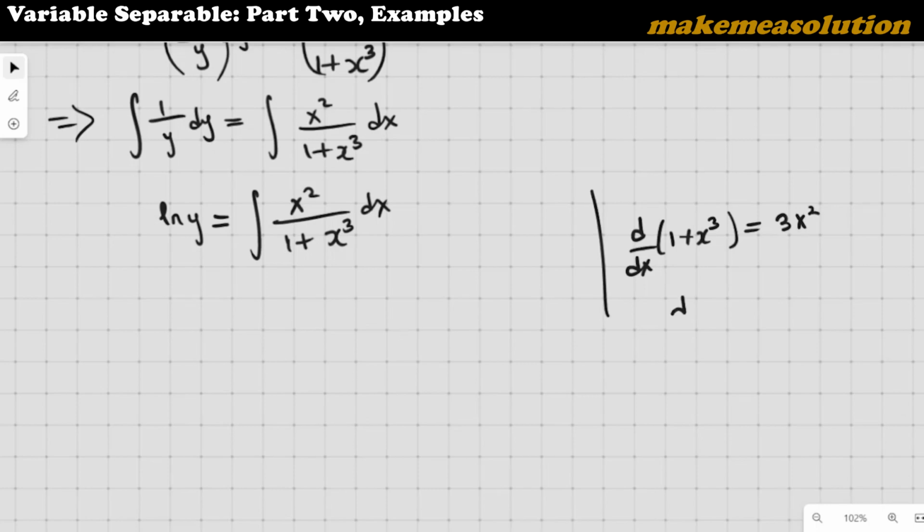So in other words, d of 1 plus x cubed is still the same thing as 3x squared dx. So if there's a way I can modify this particular right hand side such that I can introduce a 3x squared dx into this particular place, so that I will be able to replace 3x squared dx with d of 1 plus x cubed,